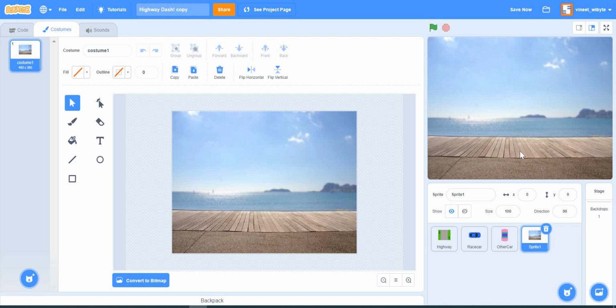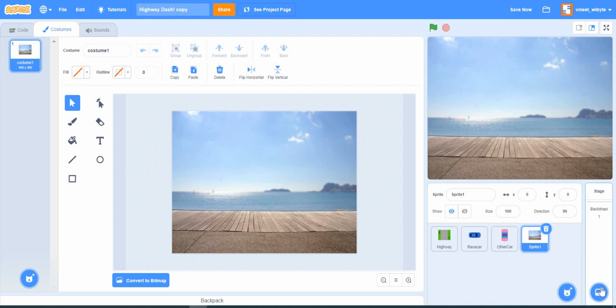So this is good for scrolling horizontally. However, if I were to scroll this vertically, going up and down, it will look extremely odd, because the sky will go underneath the road, and so on. So that's not suitable. This backdrop is good for scrolling horizontally, but not that great for scrolling vertically.